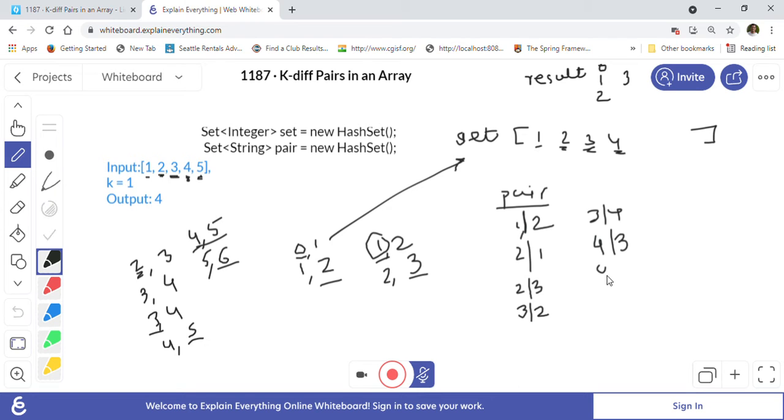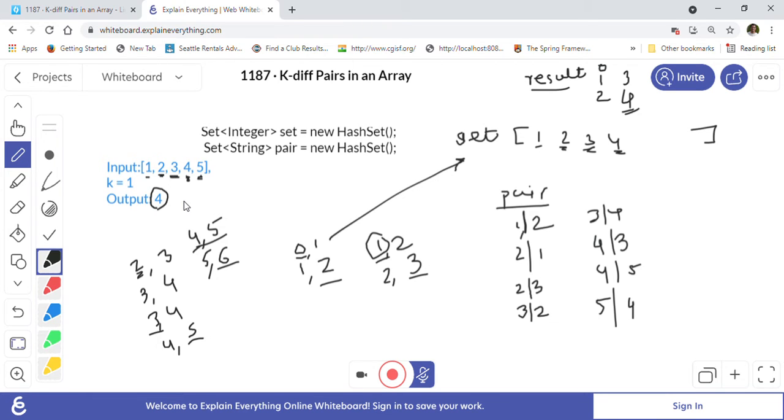We will add 4 bar 5 and 5 bar 4 here, and also increment our count by 1, so our result will be 4 at this time. We have found 4 K-diff pairs in the array, so we will return 4 as our answer. It is given here.